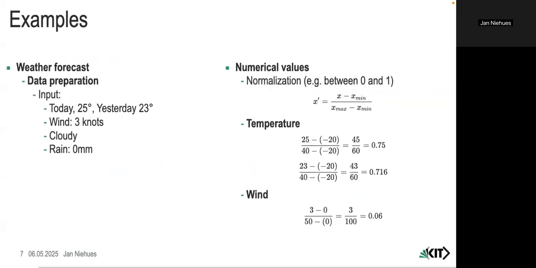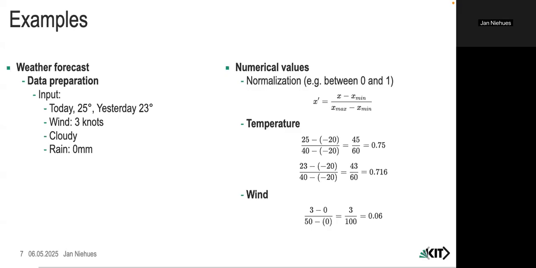So the easiest case is, of course, if the data is represented as numerical values. For example, here, today's and yesterday's temperature, the wind, and rain, which are all numbers. You could directly take the numbers. What is typically done, more from the learning perspective, is this: if you remember your activation functions, the gradients are the biggest around 0, -1, and 1. So it makes sense to normalize them. There are different ways you can normalize, between 0 and 1 or -1 and 1. That depends on your activation function. But generally, some type of